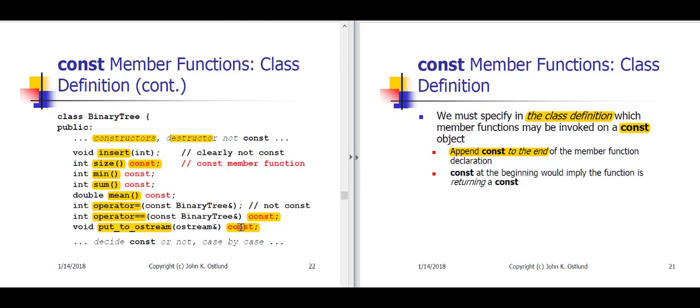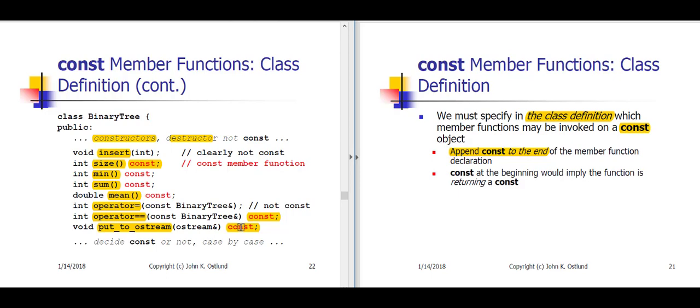Then there are access functions and modify functions. Now the access functions only access information in the object, and so those are the ones that should be declared const. The modifier functions, of course, modify the current object, and so they are not declared const. Okay? So constructors, destructors, accessors, modifiers, and within those four categories, it's the accessor functions that should be defined as